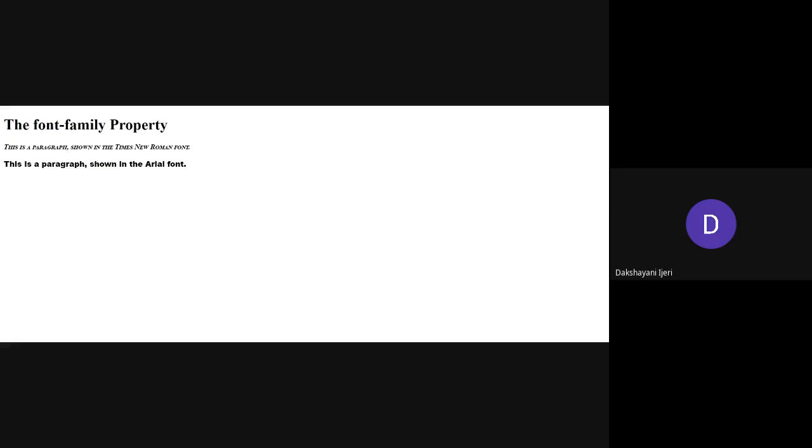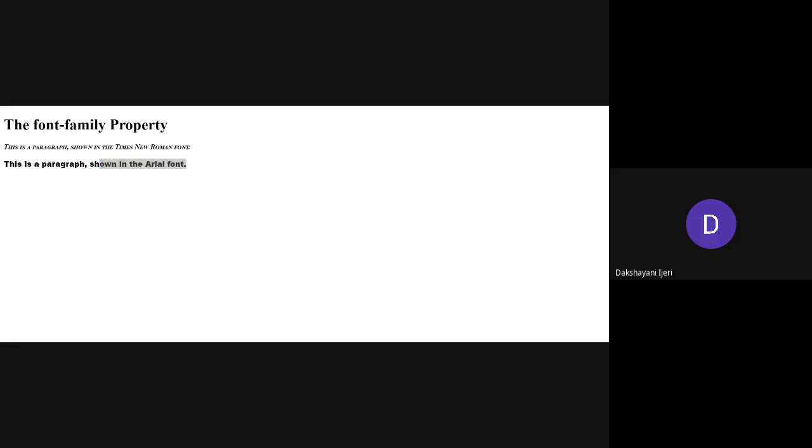Similarly, for the next sentence here, the font family that is set is Arial, and the font size is large. Since you take it as large, it is left to the browser what value is going to be considered for large. And the font style here is oblique, instead of italic. Again, you can see what kind of appearance is made for this text as compared to italic. And for the font weight here, instead of the word bold, you have used 900, which is a multiple of 100, and you can see how it makes a difference.